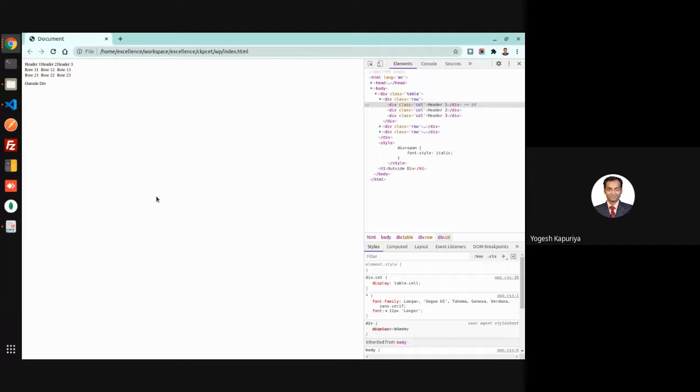See this. So now your entire div based elements are converted to the table like structure.